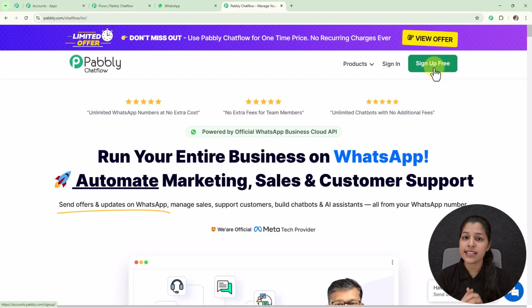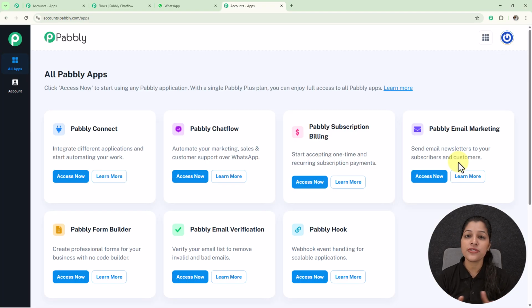But if you're an existing user like me, then you can just click over this sign in, and once you finish your sign up or login over the Pabbly, then you will be getting this all Pabbly apps page where you can see all the products provided by Pabbly. And as we are going to create a chatbot, then I'm going to access this Pabbly Chatflow app